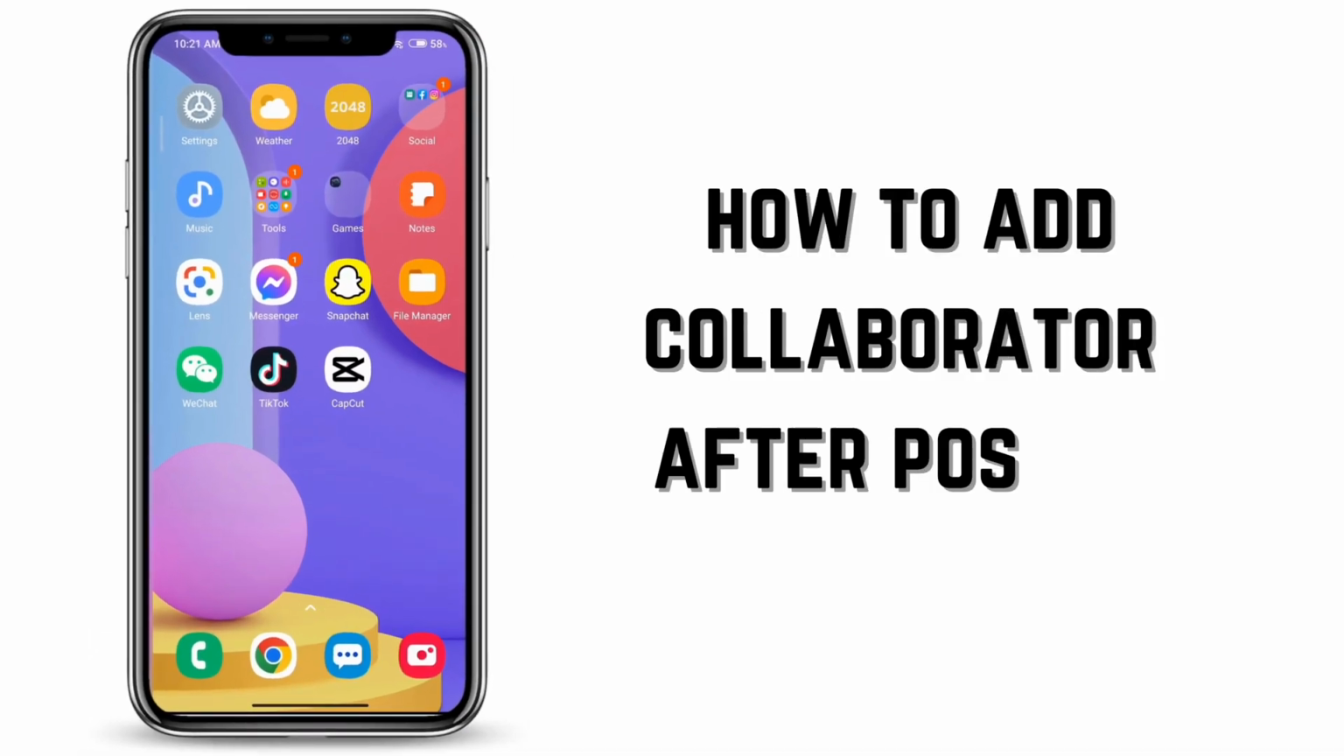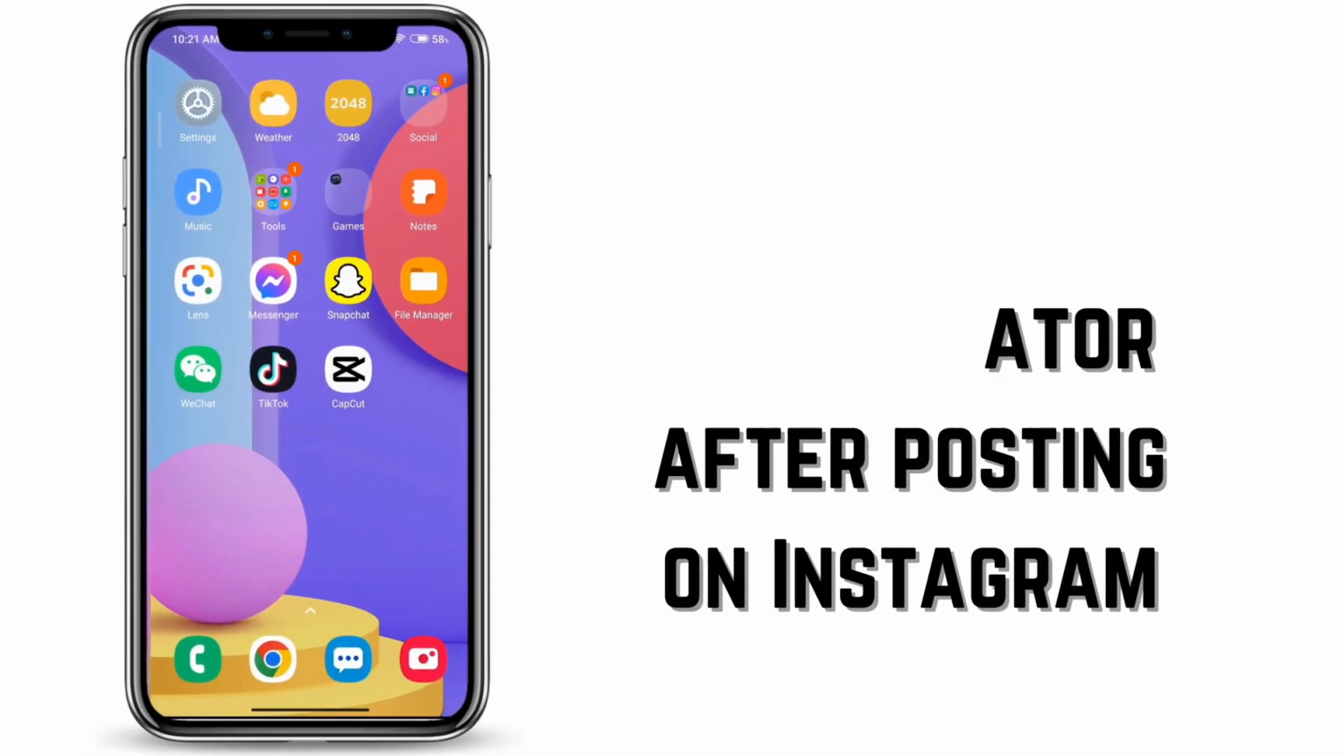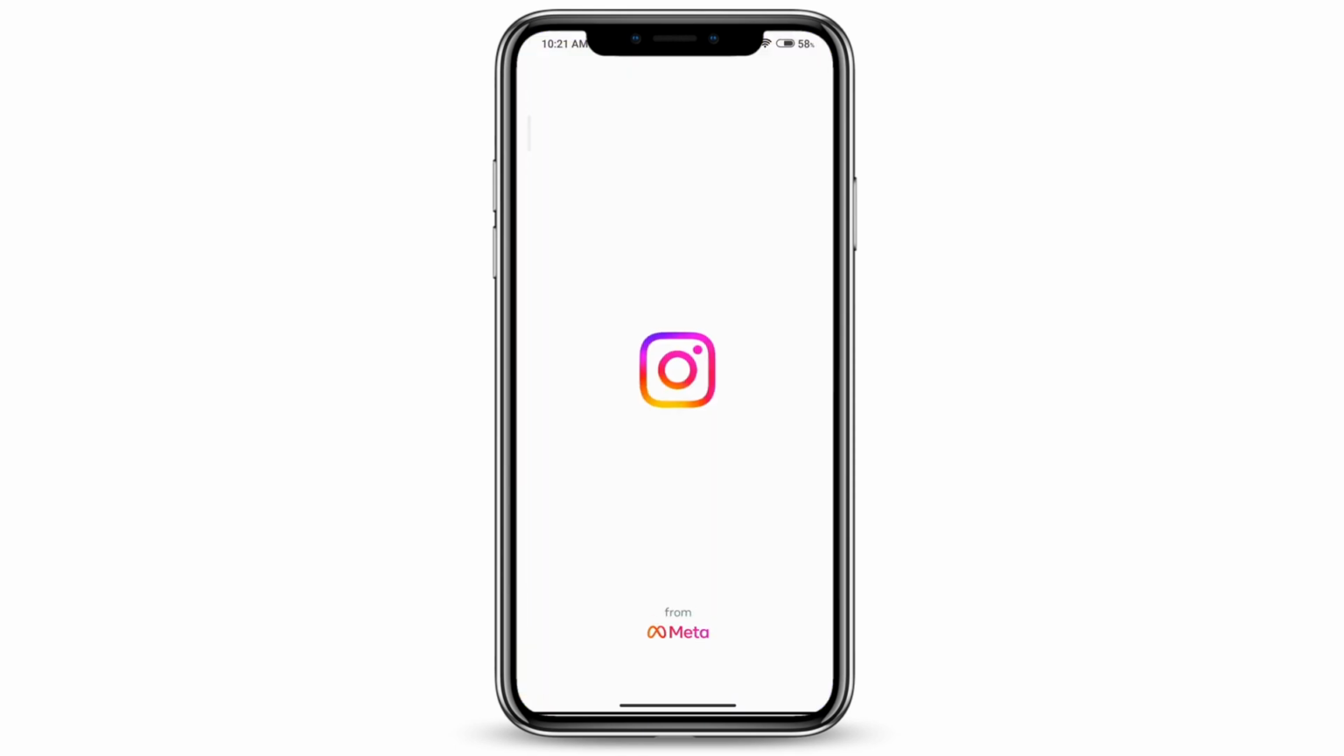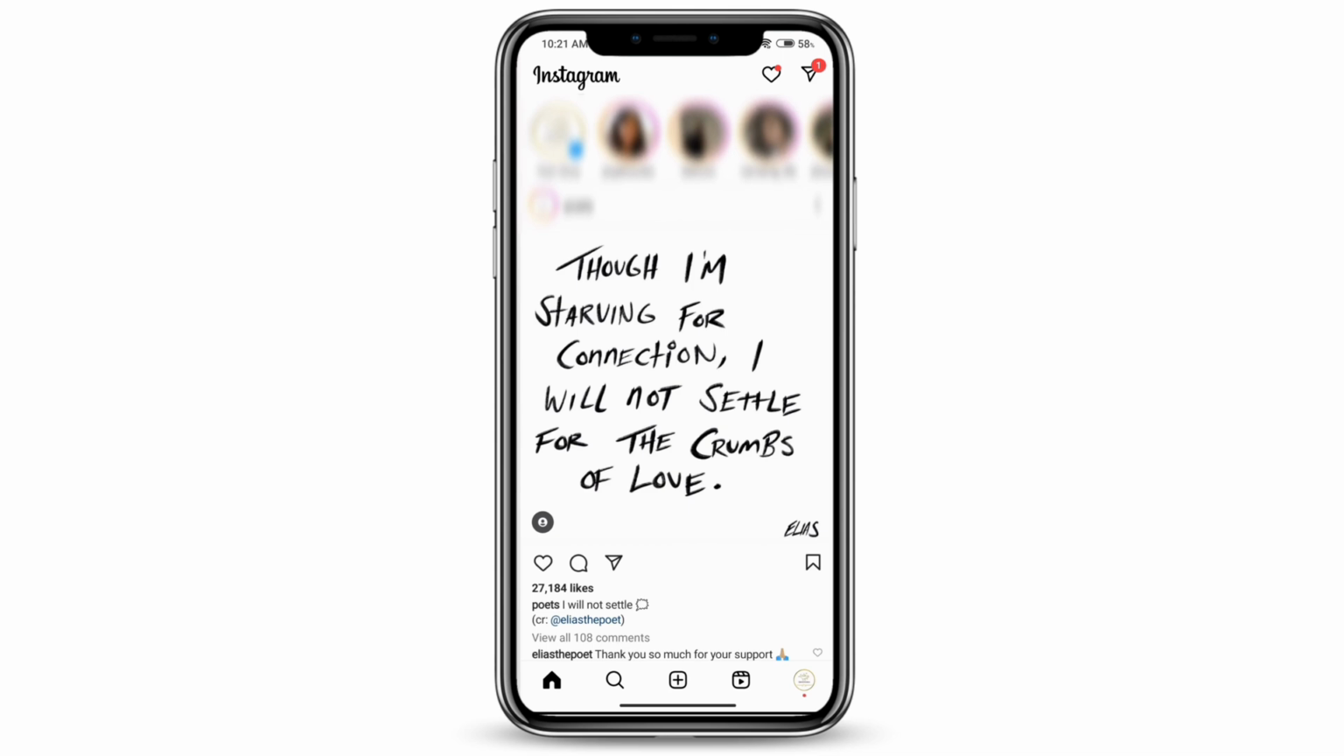How to add a collaborator after posting on Instagram. If you're wondering if you can add a collaborator after posting on Instagram, you've come to the right place. Let's get started. So if you open your Instagram and go to your profile icon at the very bottom right corner,